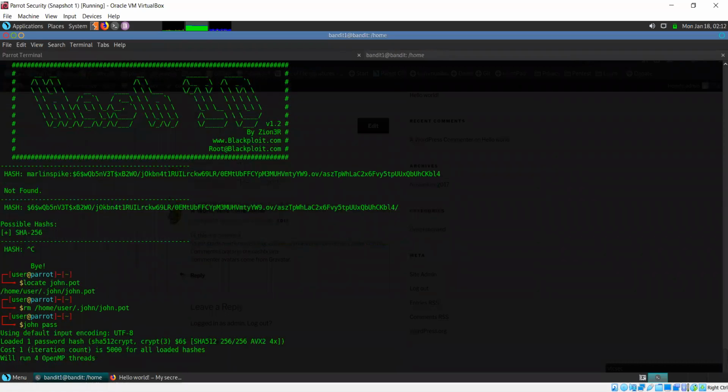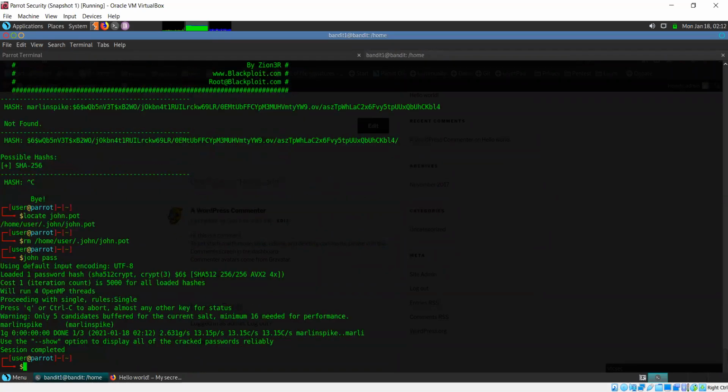And when I run this, okay, it has already finished. It tells me the session is completed, and to use the show option to display all of the cracked passwords reliably. So I'll do just that.